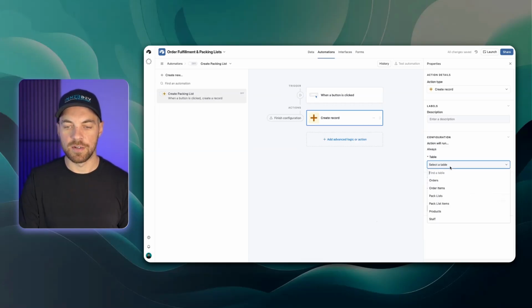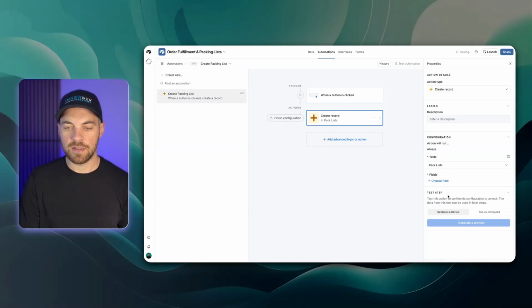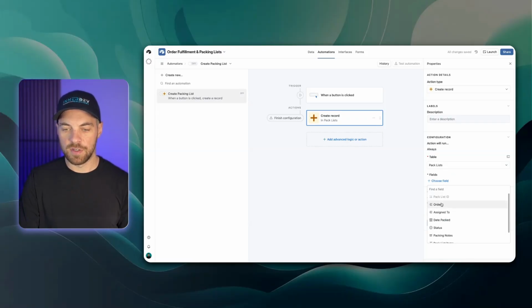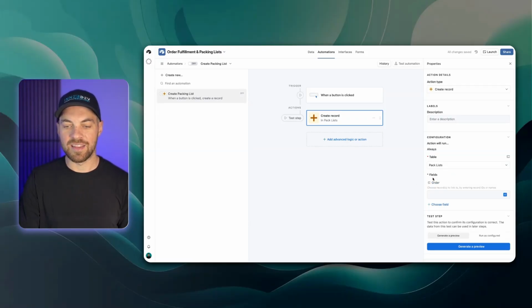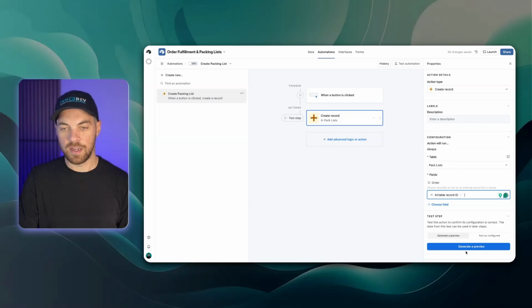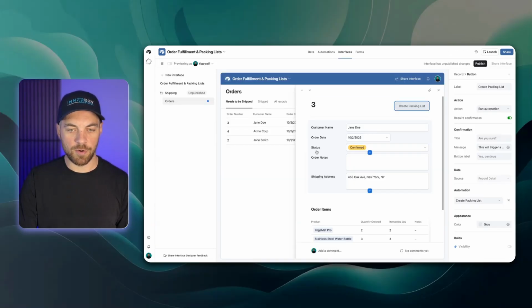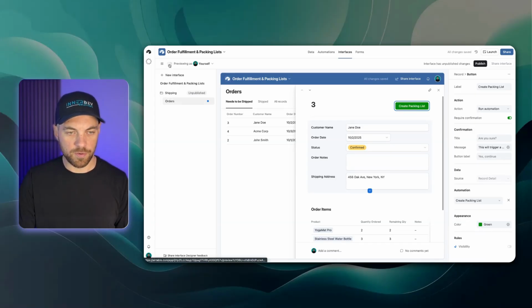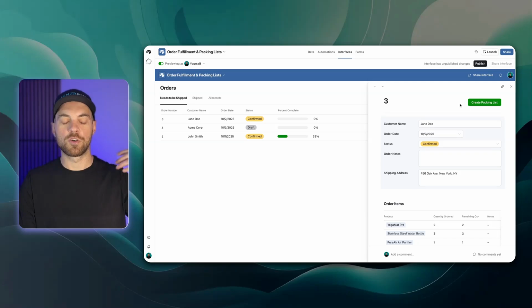create a record. We'll go into the pack list. We'll choose a field and we're going to link this to a specific order. And the order we're going to link it to is the order that we created it from. We're just going to go down to this insert value from field and we can turn it on. I go back into our interface, change the color to green. And now if I go into preview mode and click this button, it will create a shipment or a packing